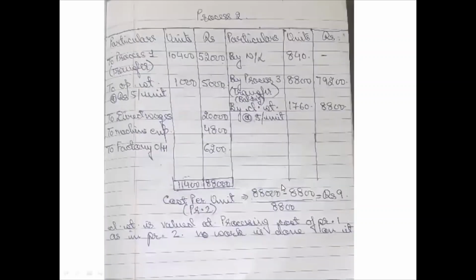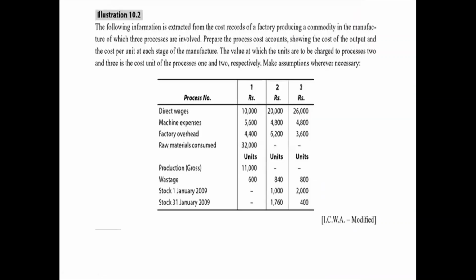This is the way in which we are going to prepare the process account. It is entirely different from how you have prepared your cost sheet. So as I've told you, for each type of costing technique, we are going to make a different kind of statement. A different technique will be used. So kindly follow the technique according to the method of costing. So a cost sheet will be made when we are having unit costing, the same product.